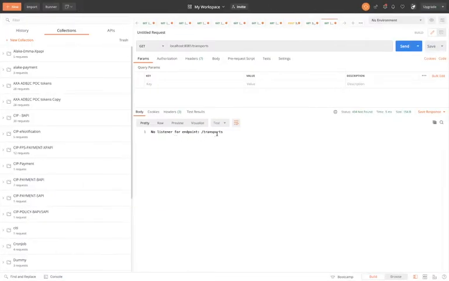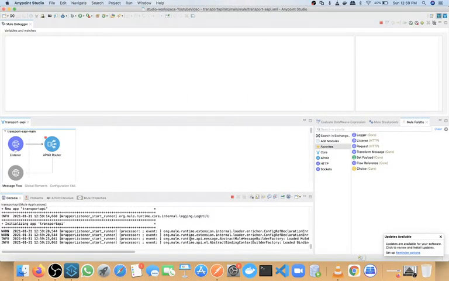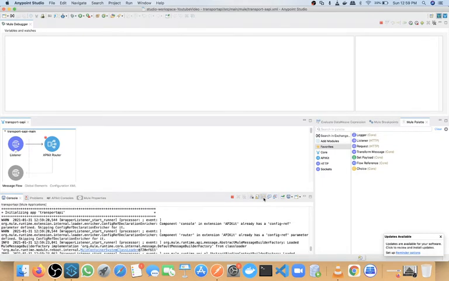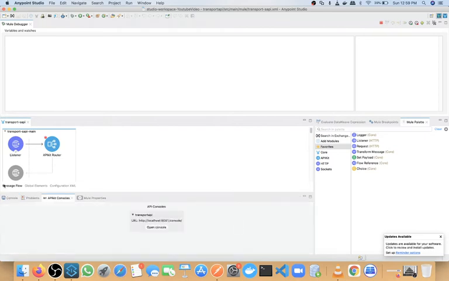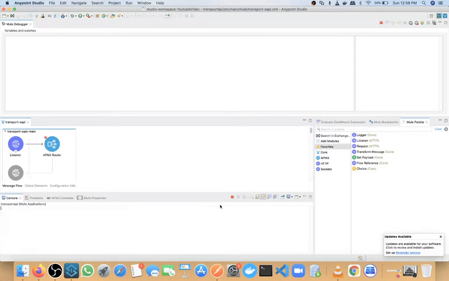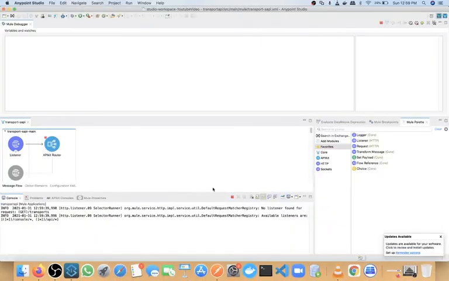No listener for endpoint transports. Okay, so let me delete all the logs, and still this API is getting called, but we have called transport, right?